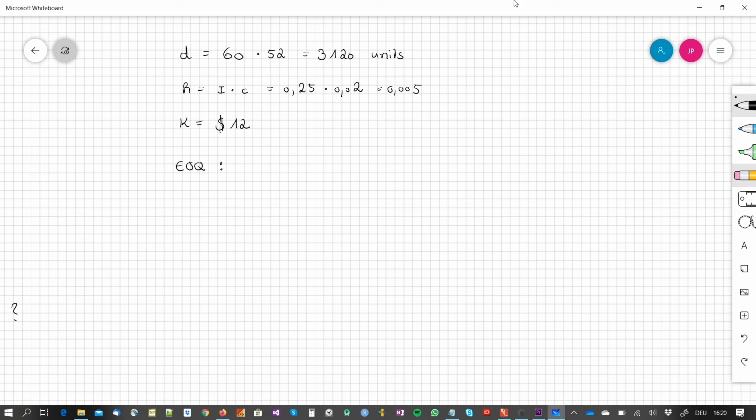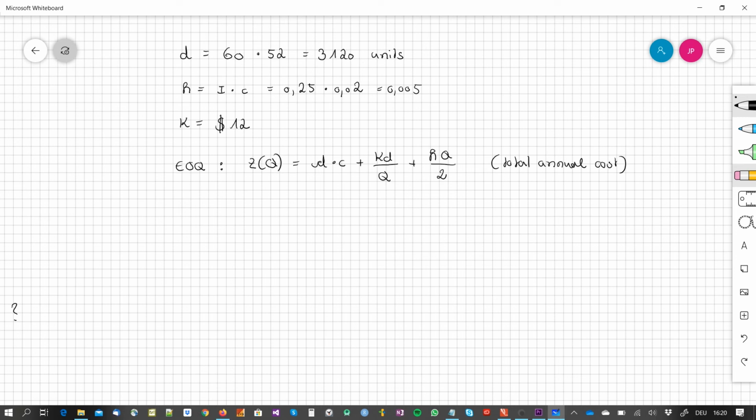the total costs are given, as I denoted before. So we have zeta of Q that is given by the purchasing costs plus the fixed ordering cost or setup costs plus the inventory holding cost. I just write that down once again so that we have it in front of us. That's the total annual cost